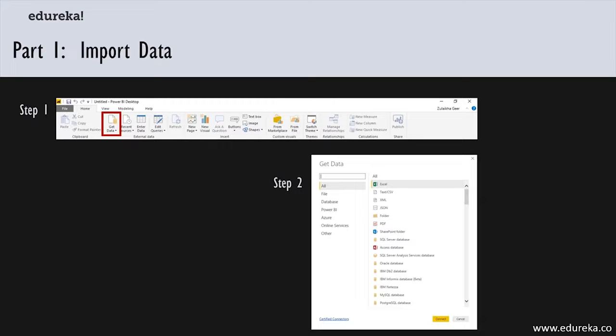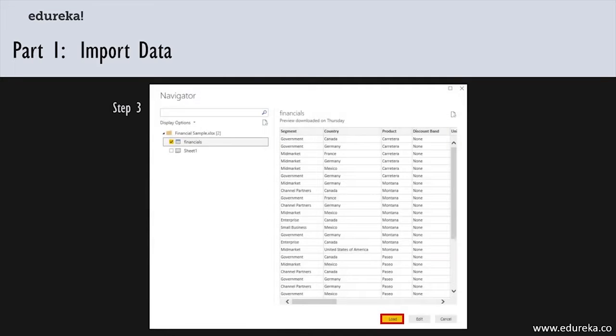So after you have selected what data you're going to be using, you'll be given the option, in the navigation window, to select the exact data set you want to pull. You'll check mark a box. For example, right here we have this box checked. And then you'll have the option to load the data or edit the data in the query editor. You'll probably want to edit the data in the query editor